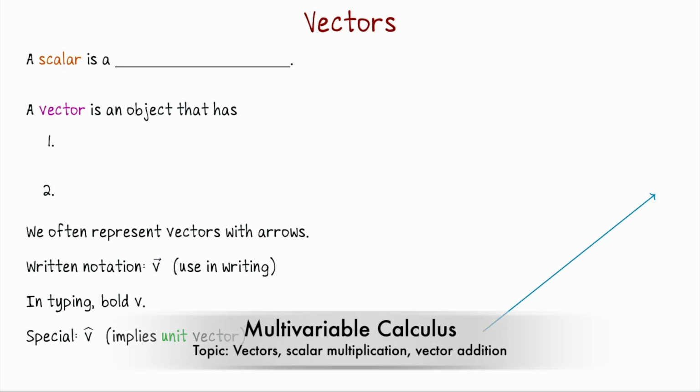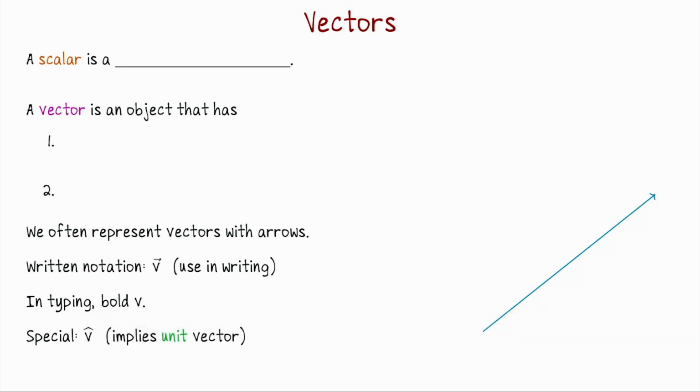In this lecture, we're going to take a look at a new type of mathematical object which you may have never seen before, and that object is a vector. Whenever we're working in higher dimensional space, we want to distinguish between two main types of objects, what we call scalars. A scalar is a real number, meaning a quantity like 0, 10, negative pi, 100, etc.